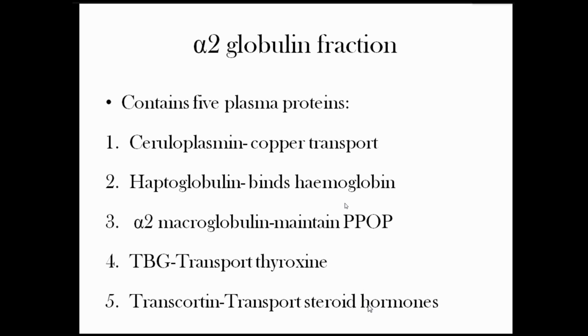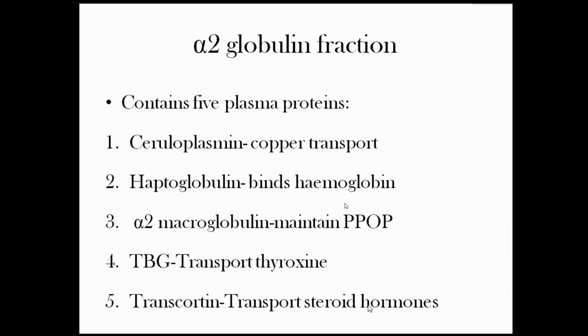Excessive reduction in haptoglobin in circulation means there is an increase in release of hemoglobin. In other words, it's a marker of hemolysis. Alpha-2 macroglobulin is a large protein whose definite function is not known, but in nephrotic syndrome, when albumin is lost in large quantities, it is increased in circulation to protect or to compensate for